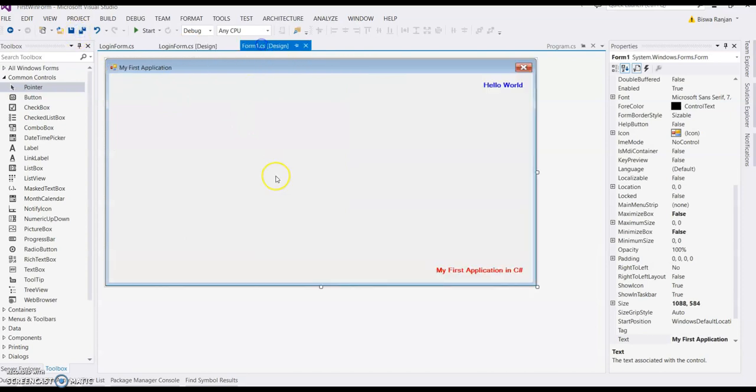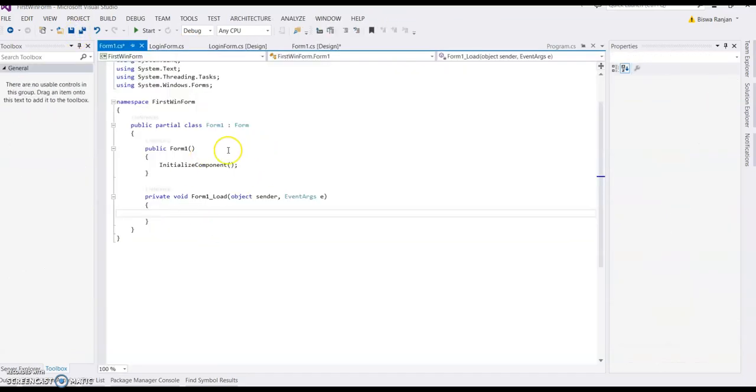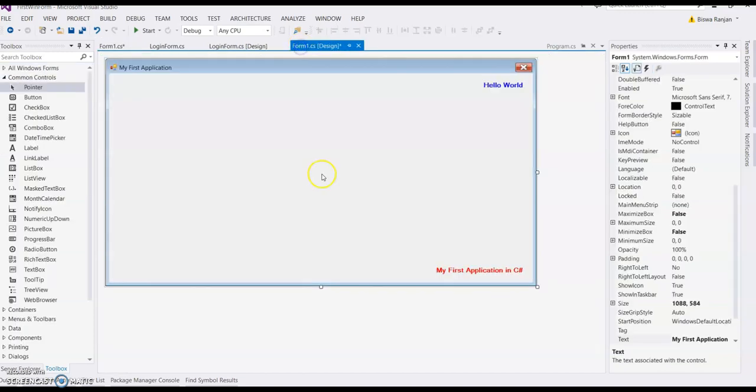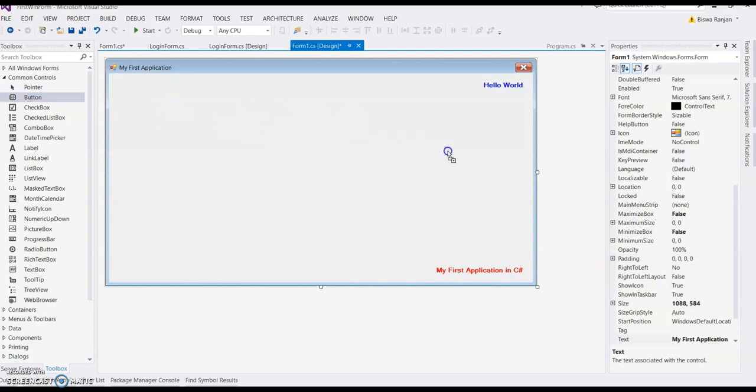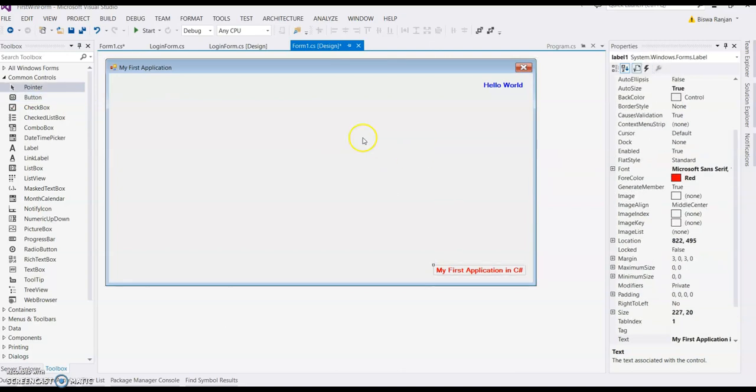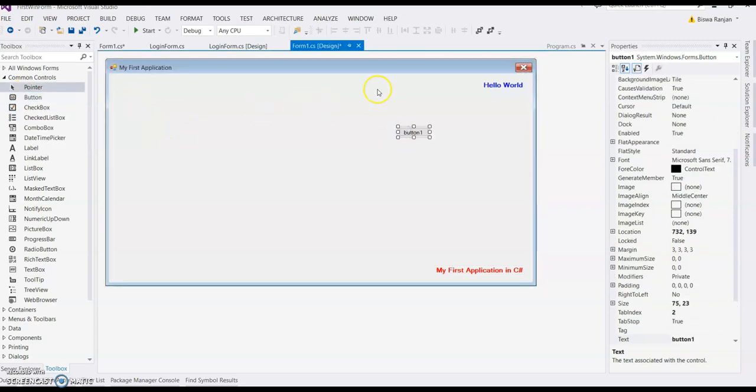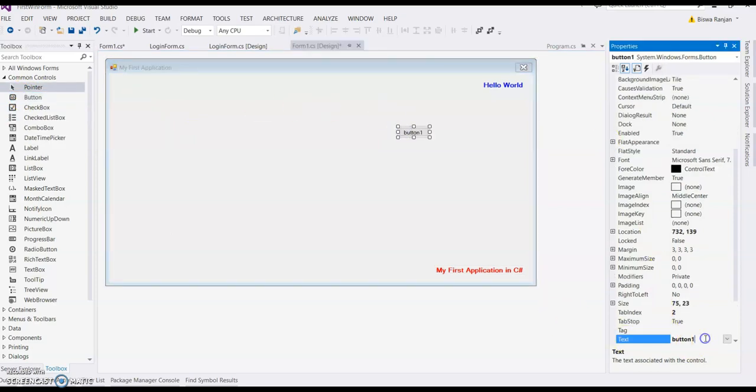And here also, if you double click, it will go to the form 1. The default form is created. So in the form 1, I will add one button here. Here is a button in the toolbox. Drag a button to here. Same thing, the text properties, let's say